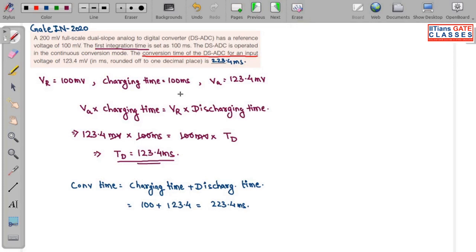See, the mistake that could have happened is this same thing, 123.4 milliseconds. All these simple mistakes, they always expect the students to make. So we shouldn't be doing this. After so much preparation, if this question comes for 1 or 2 marks and we know all the theory and have solved the question, and due to our negligence we lose those marks, after the examination it will be very bad for our confidence and very bad for our result also. So always be extra cautious when you are solving questions in the examination hall.